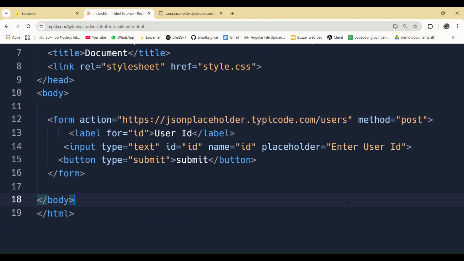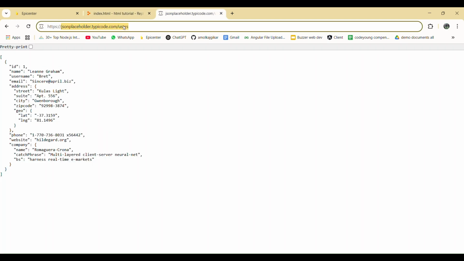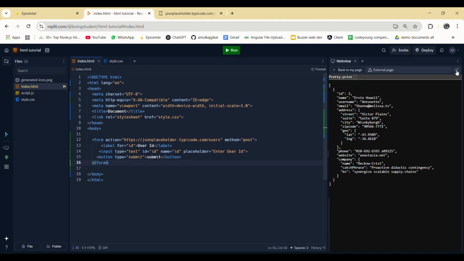So we have two types of methods, GET and POST. GET is used whenever you have to fetch something, and POST is used whenever you have to upload something, right? POST is more secure because remember these queries that we were getting. Let me actually show you from here. I'm gonna open this thing in a new tab. I'm gonna put some ID 5, submit.